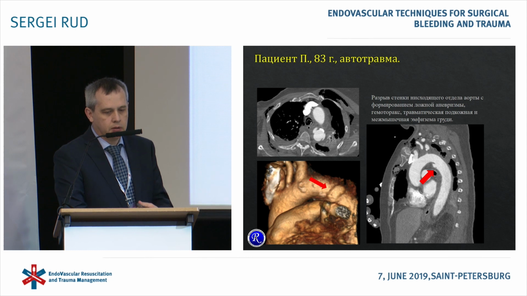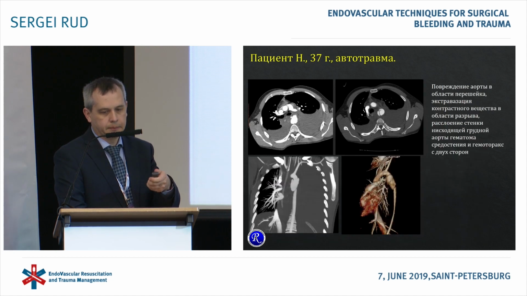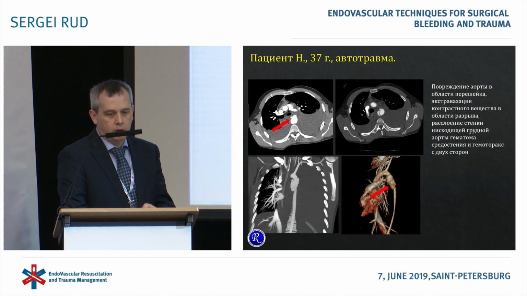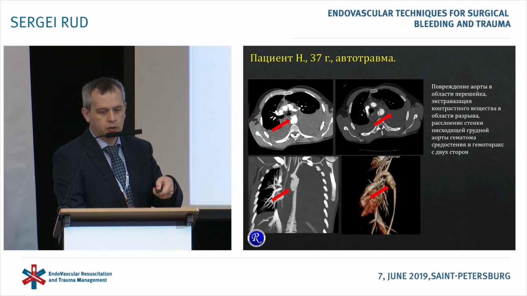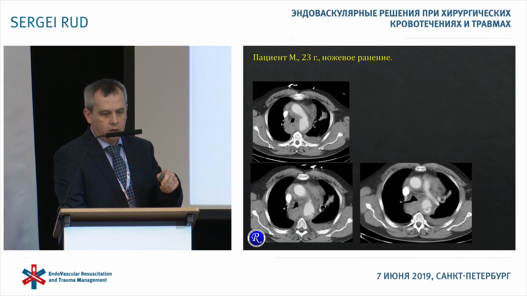These are our clinical cases. Aortic damage in a very typical location in the region of isthmus, and it was a patient with a very severe trauma after the traffic accident. Another case, also traffic accident, and we see a lot of blood in both pleural cavities and acute dissection of the aortic wall, which very often demands additional study